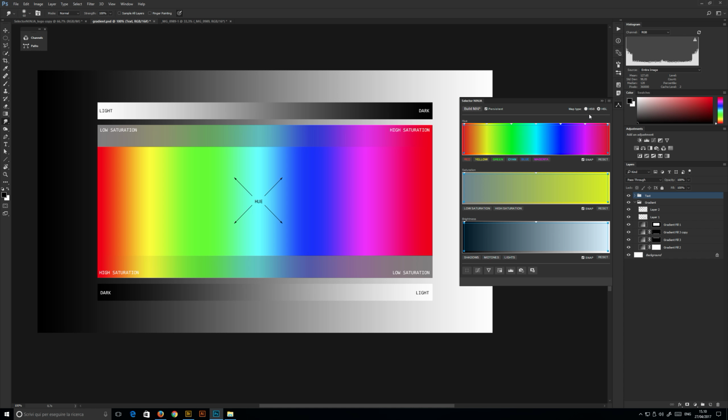An HSB uses hue, saturation, brightness map, or an HSL uses hue, saturation, lightness map. Normally for exposure blending, HSL gives the best results. Then the panel is divided in three other parts: the node selector, where you drag and drop your nodes around to select things, hue, saturation or brightness, and you can